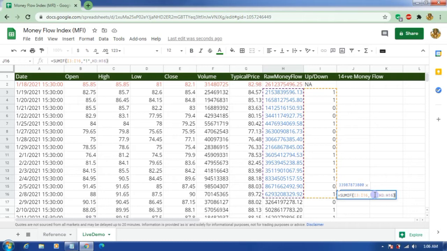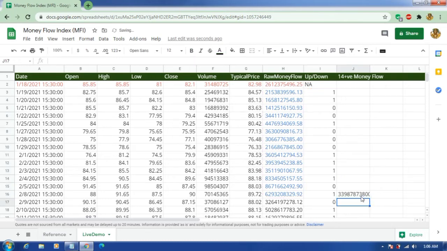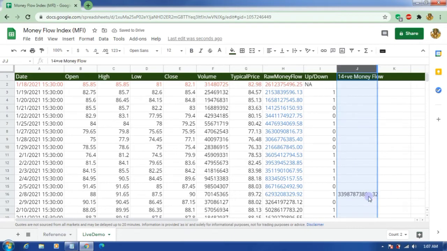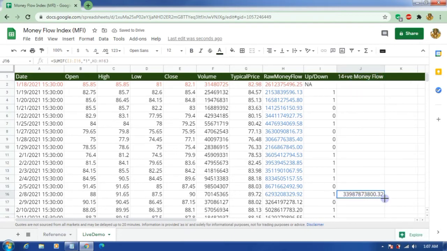Okay, you are clear with this function, right? Hit enter. So this is the positive money flow, and to make it precise, let's have some decimals. I will have 2 decimals. I have this data and I will just drag this down. See what happens.